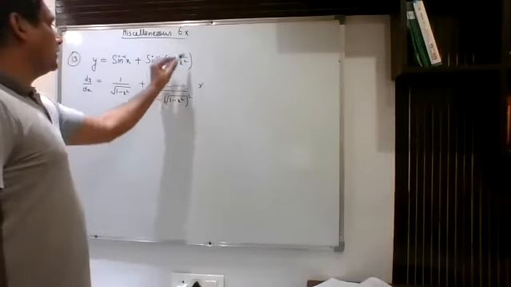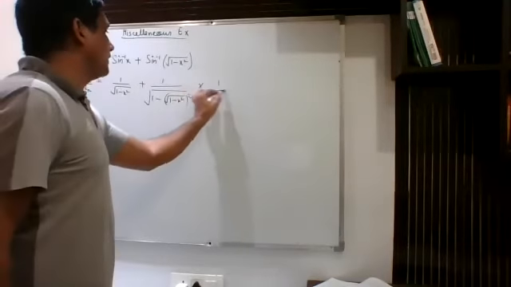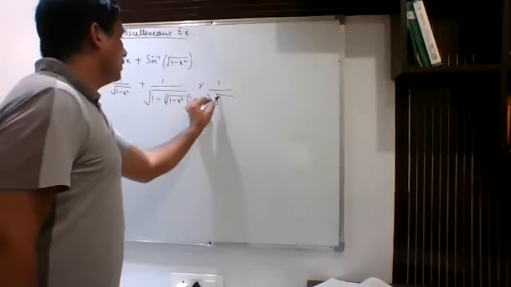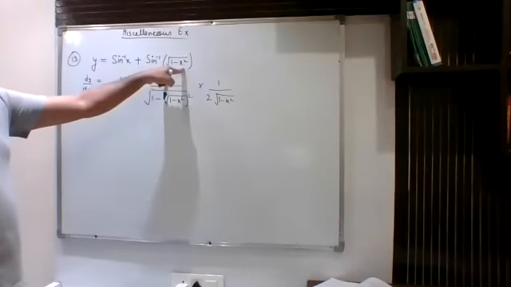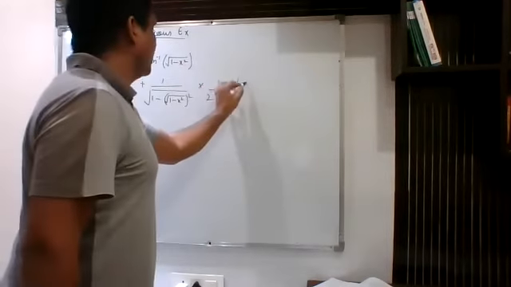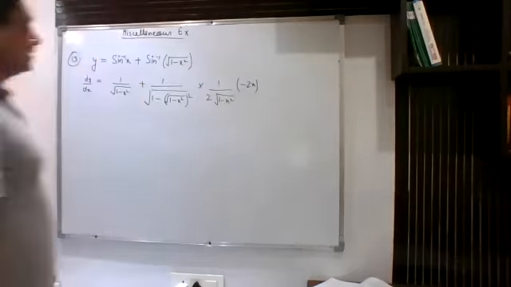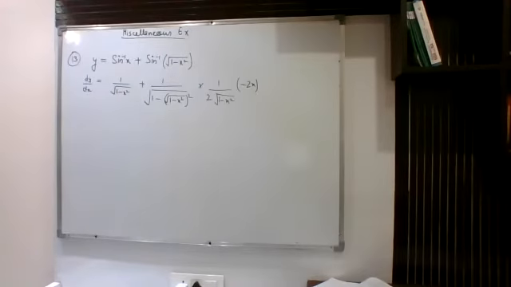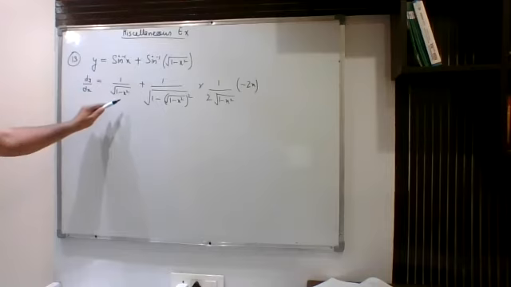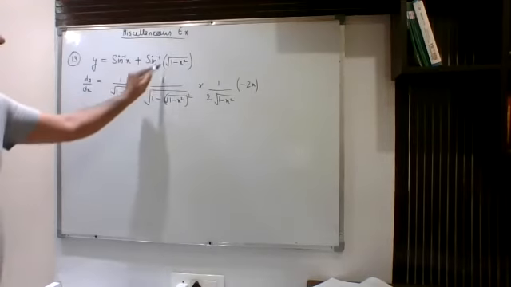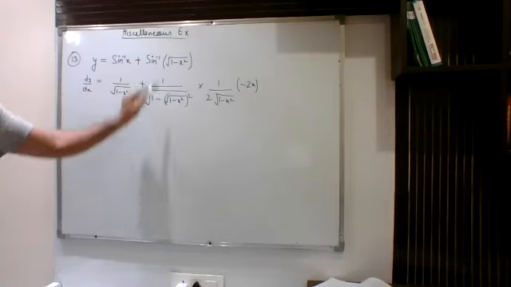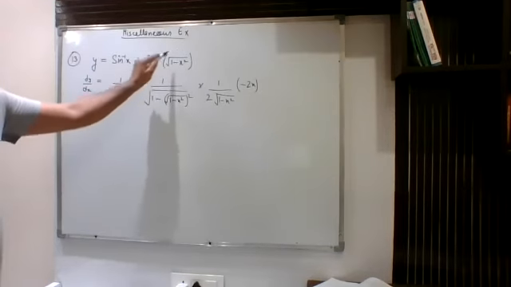Now after that, I had to take the derivative of this root quantity, so it will be 1 upon 1 minus x square, and then I need to take the derivative of 1 minus x square. So here I have to write minus 2x also. Why are we getting this? Because of the application of the chain rule. Sine inverse x, this is how we can write, now sine inverse of this much. So 1 upon the square root of 1 minus x square, that is what I had written. Then I need to take the derivative of this root.